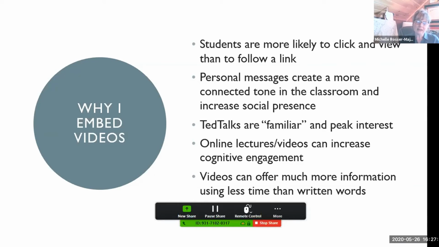What we're finding is one of the big takeaways I hope people, and I encourage people to do, is to embed videos rather than just link them, because often students will ignore a link unless, again, we can manipulate that with images and making it larger and some different things. But when you include videos, a lot of times they're more likely to actually watch it because it's right in the classroom and they don't have to go anywhere else.